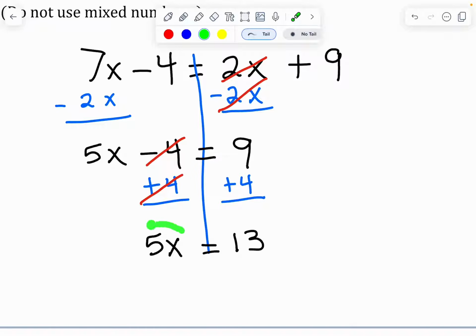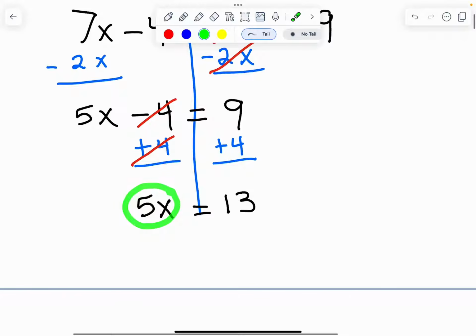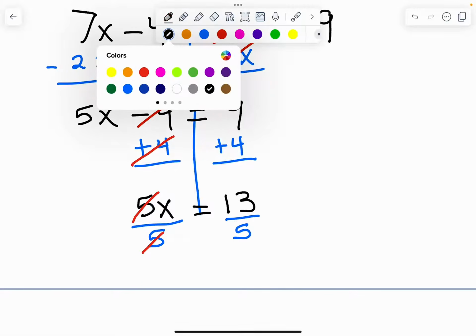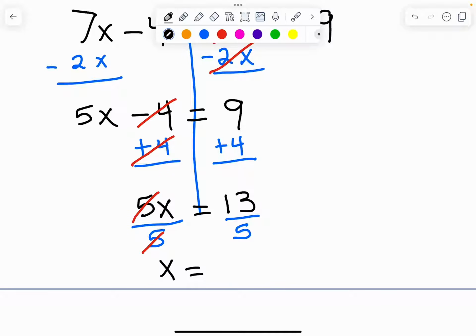Now we're down to multiplication. We got the x term alone, so now we need to break up this multiplication by using division. So we're going to divide by 5 on the left and divide by 5 on the right. 5 divided by 5 is 1, so those cancel out, and we're left with x equals